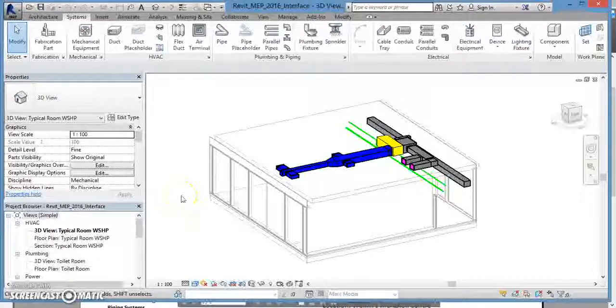I want to go back to the Systems tab, which contains HVAC panels, plumbing and piping, and electrical. Let's talk about the HVAC panel first. Under this panel, you'll find icons for ducts, you'll find icons for air terminals, there's flexible ducts and duct placeholders, all different elements that you'll use to design an HVAC system, and we'll discuss all of them as the course